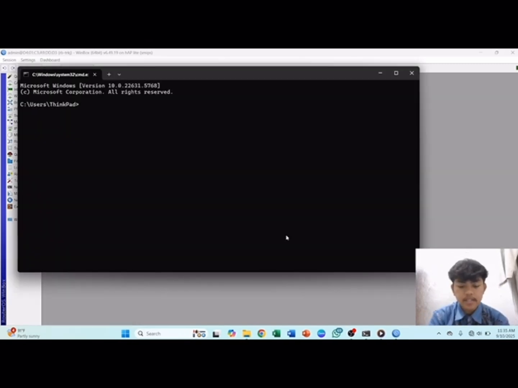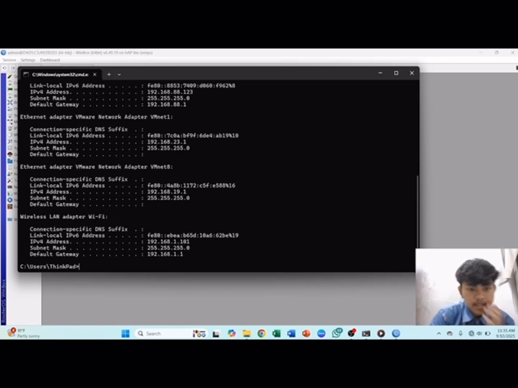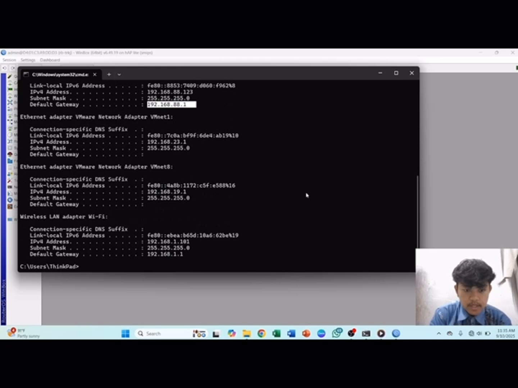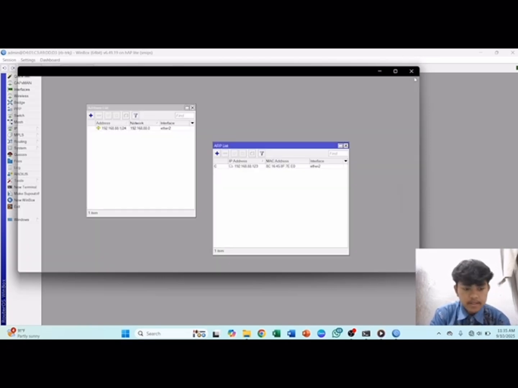Input ipconfig, enter, and here is my IP address and here is my router IP.